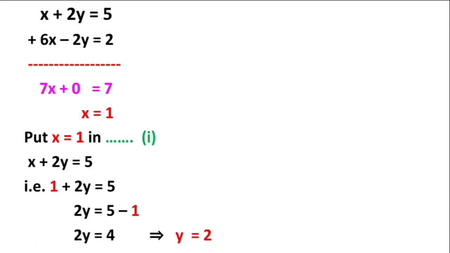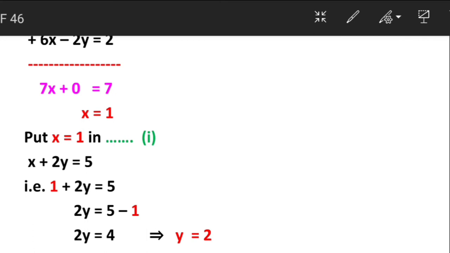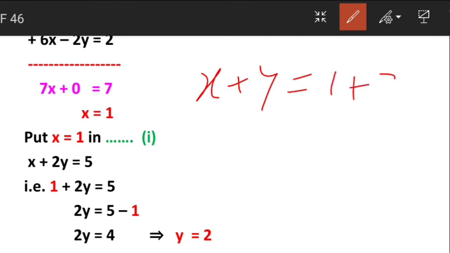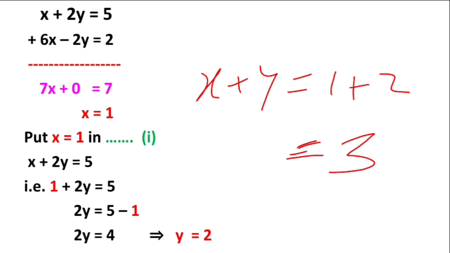Consider x plus y is equal to, what is x? Substitute both the values, 1 plus 2 and this is nothing but 3. 1 plus 2 is 3. So we get x plus y is nothing but 1 plus 2, that is 3. Either you have to find out the separate values of x and y, or if x plus y is given in the question, just find out that value.